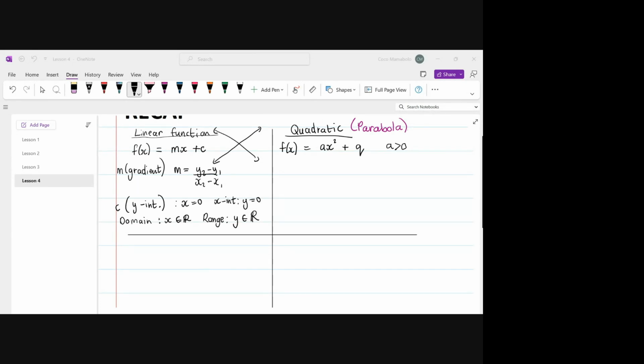Positive numbers, we know that if A is greater than 0, then my graph will be concave up. And if A is less than 0,